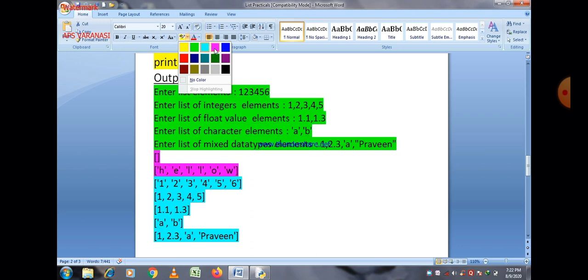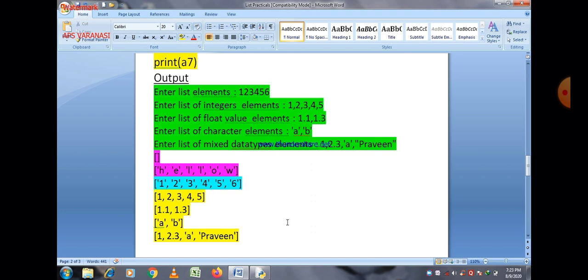Now as far as the first two are concerned, these are related to the empty list and the list containing the string hello. Because we pass hello as a parameter value, each and every character of hello is treated as a single value of the list. And you can see that H, E, L, L, O are the different elements of the list here. And the last four values, you can see, are using the eval function.